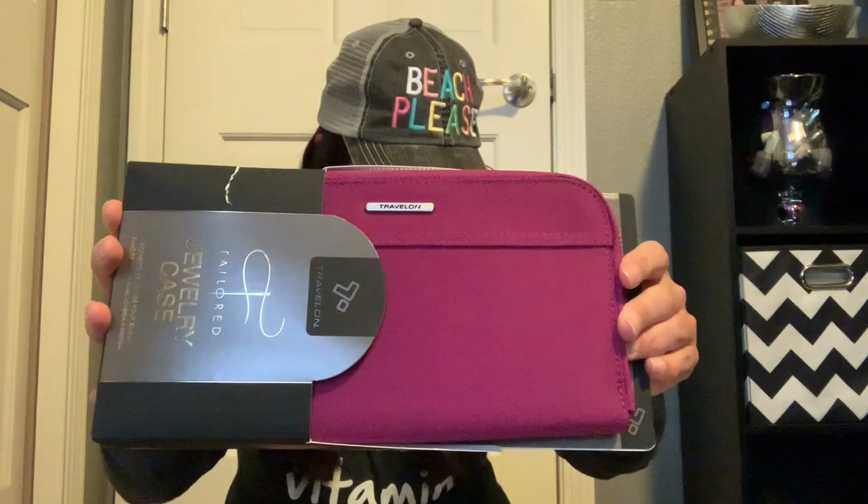Next item. This is one of the first things I bought for this cruise. I needed a new jewelry pouch, so I'll show you here. It's made by Travelon, and it is called the Tailored Jewelry Case. The color is Plumrose, a really pretty raspberry purple pink color. And it unzips to, like, a big pocket over here, a couple little pockets over here, and then these